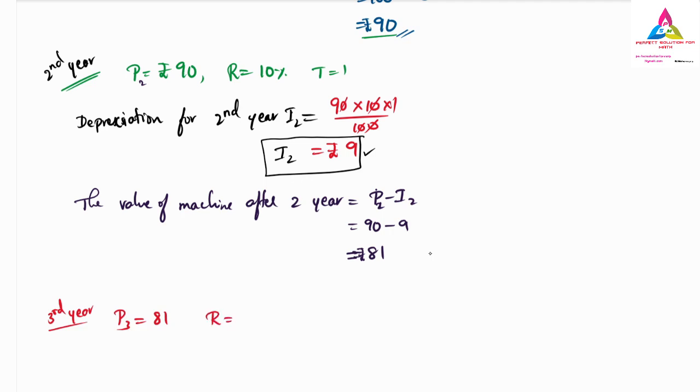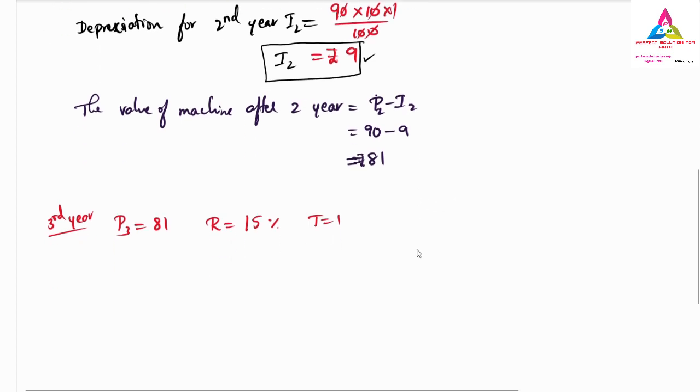Then the rate of interest. Now you can see in the third year they have informed that it is not 10%, now it is 15% depreciation, and the time is 1 year, so we will continue in such a way. So now let us solve the next one, the depreciation